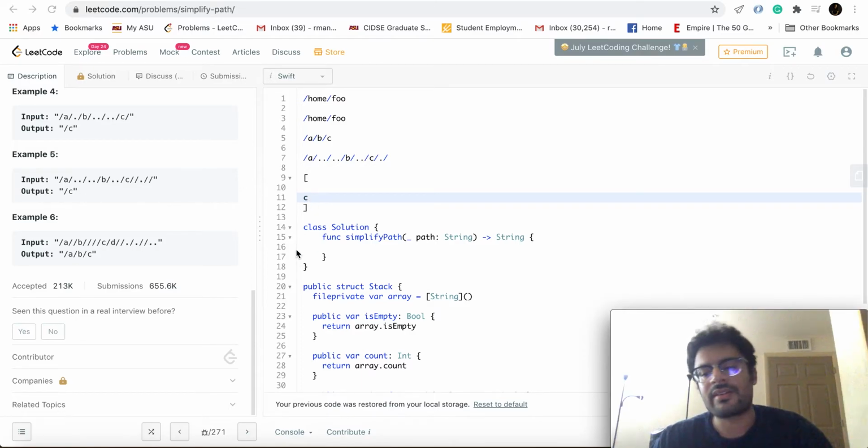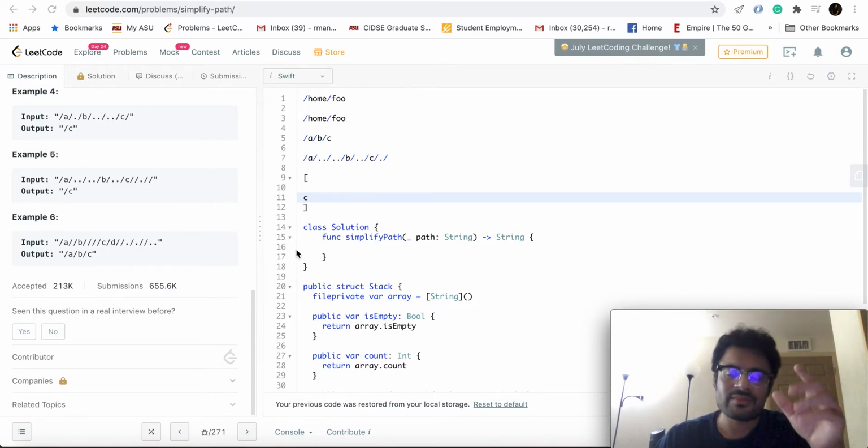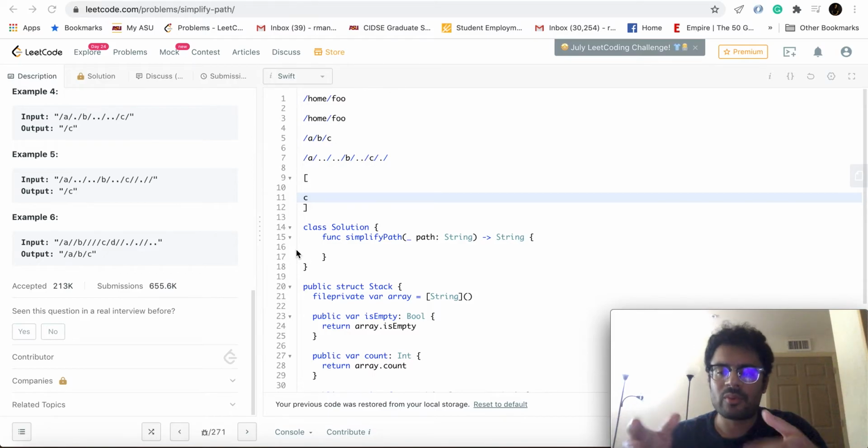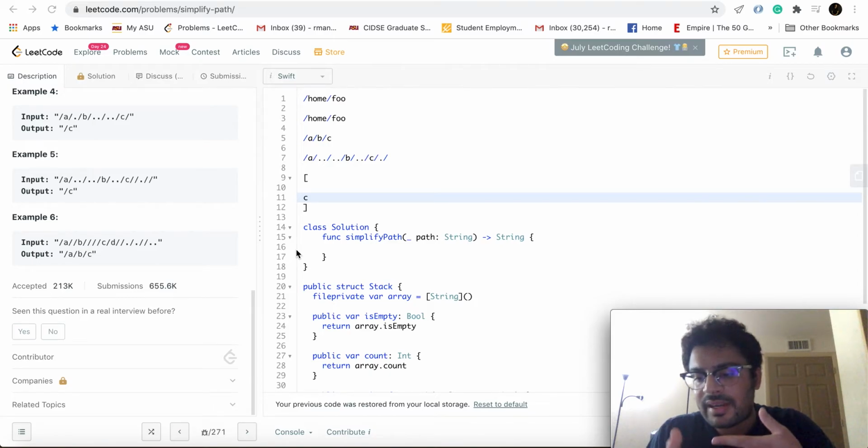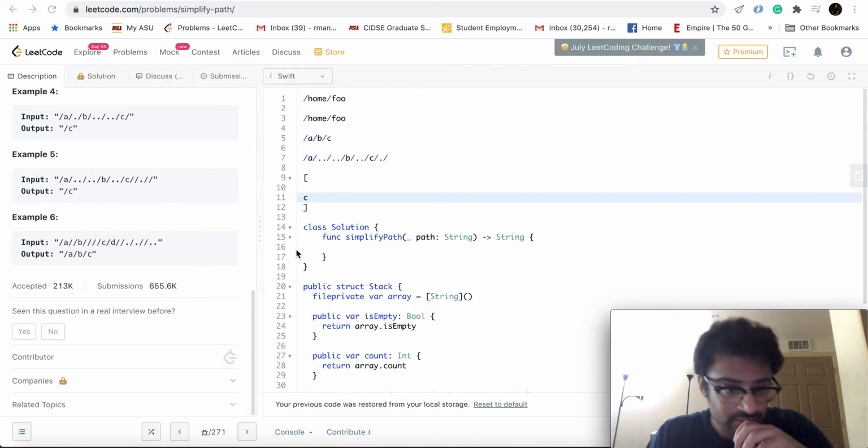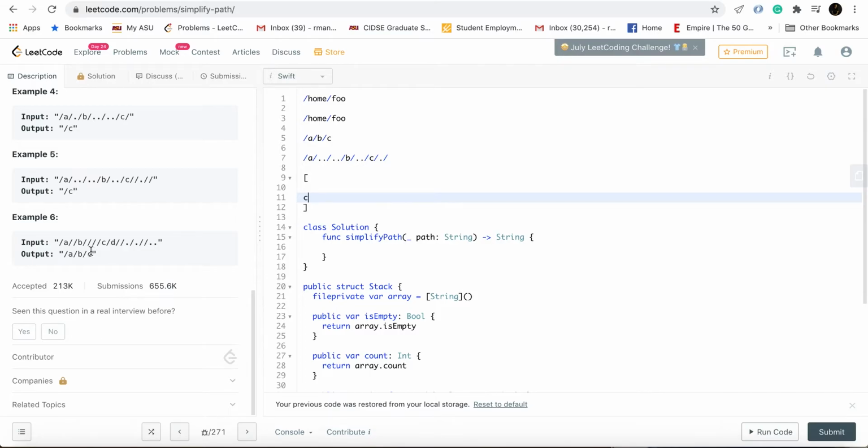So as I said, it only has directory names. There is some simple post processing that we'll have to do on the stack to generate the final output string, but that's trivial, that's quite doable. In fact, we have to reverse the stack and everything. Actually, I'll explain that part as well.